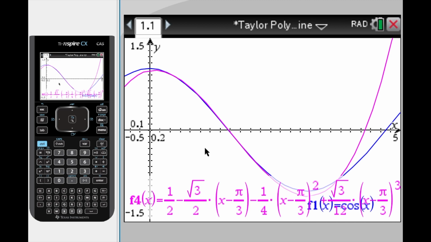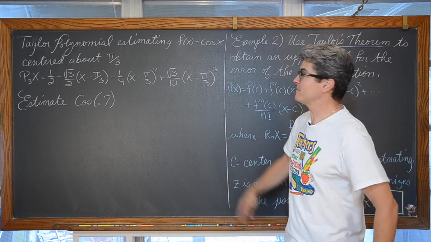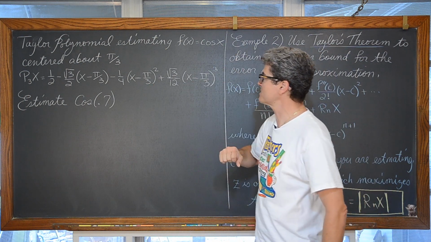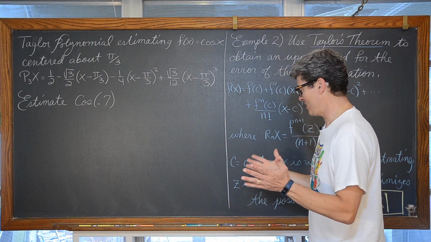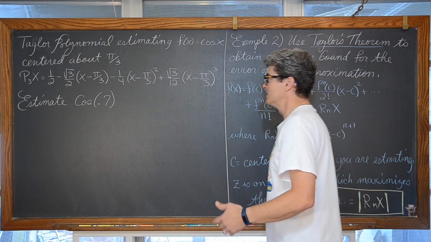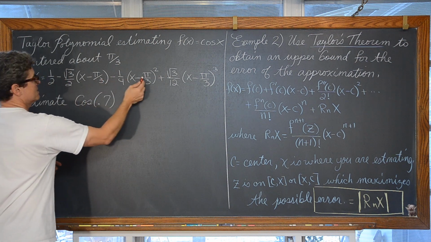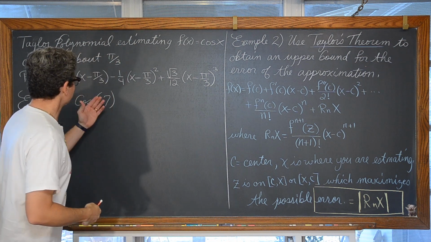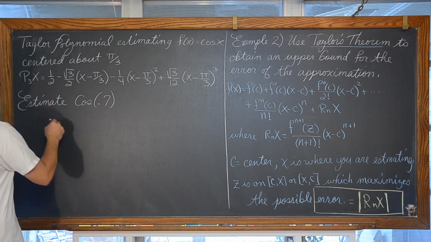Now, let's get back on to our example. So we have the Taylor polynomial, which we're going to use to estimate f of x equals cosine of x, centered about pi over 3, as we just calculated in the previous example, this. And we want to use that to estimate the cosine of 0.7. So that means that we're basically going to plug 0.7 in here everywhere that we see an x, and then use maybe a simpler type of calculator to estimate the cosine of 0.7 without the need of a scientific or graphing calculator. And it's going to look like this.